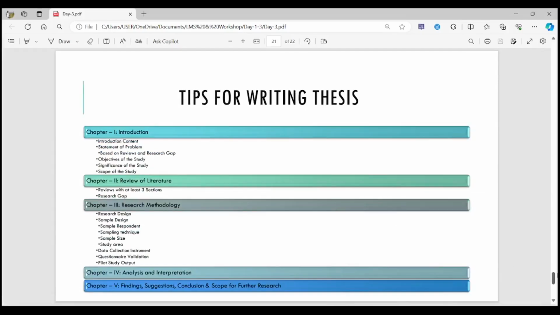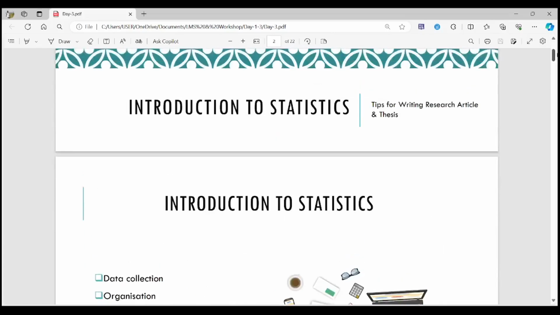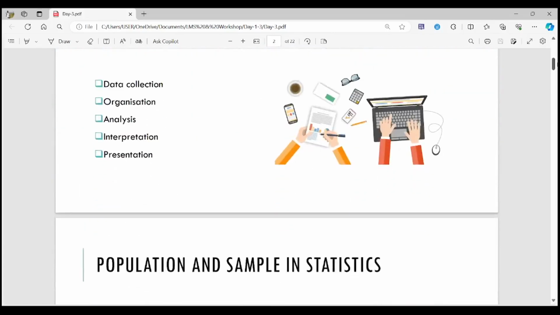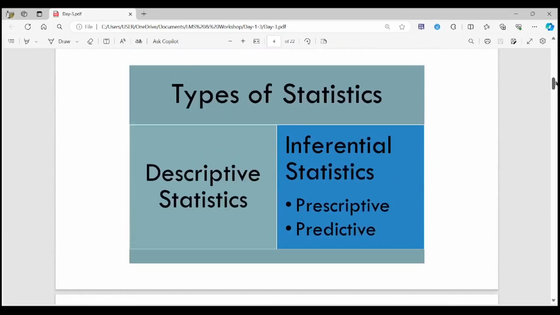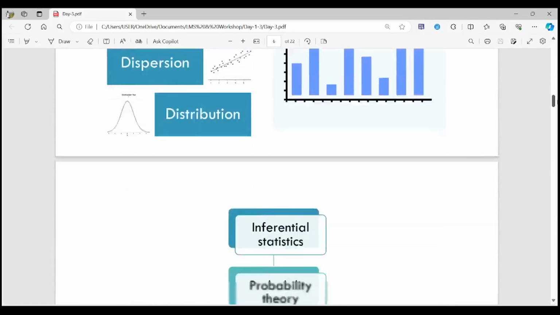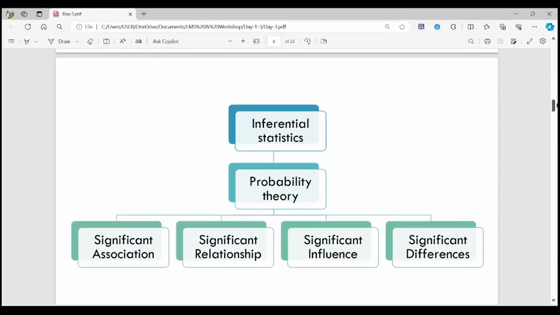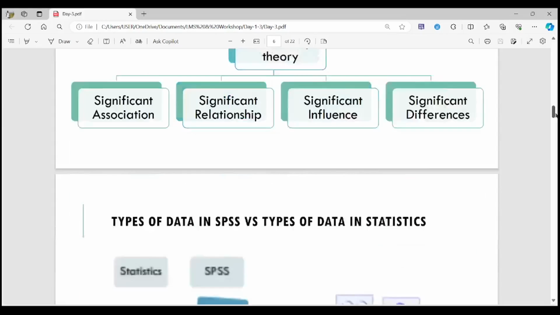So I hope I have illustrated everything. I have illustrated the introduction to statistics, and then we talked about 2 different types of statistics, descriptive and inferential, and then the 4 different things for which we do statistics. We do statistics for only 4 reasons: